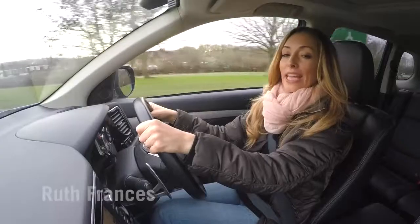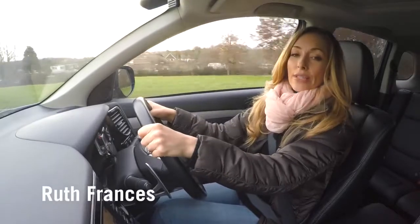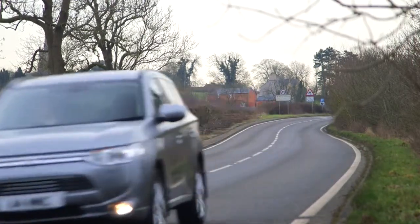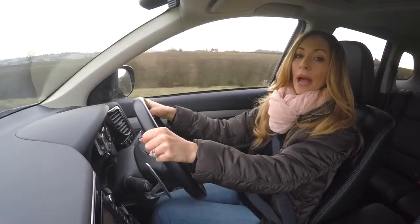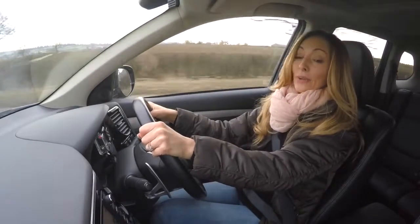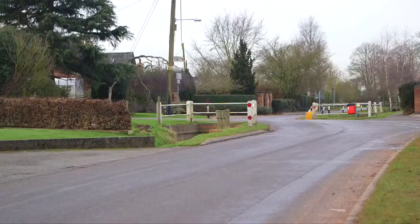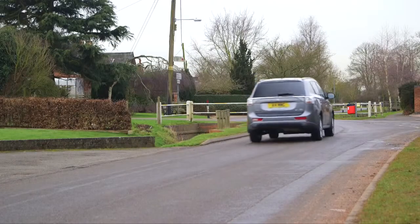Mitsubishi Outlander PHEV is the world's first plug-in hybrid 4x4 SUV. It combines a 2-litre petrol engine with 2 battery-powered electric motors. The result of this clever technology is outstanding fuel economy and ultra-low emissions, all in a vehicle with 4-wheel drive,